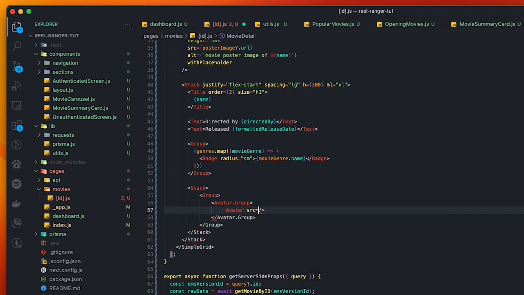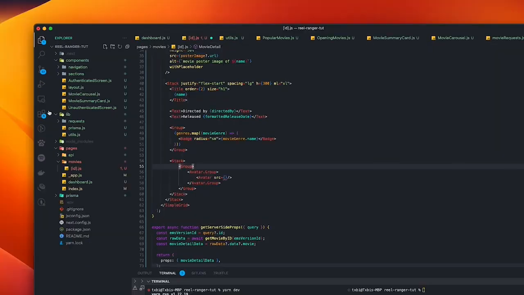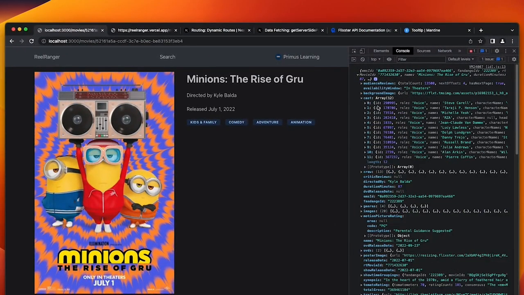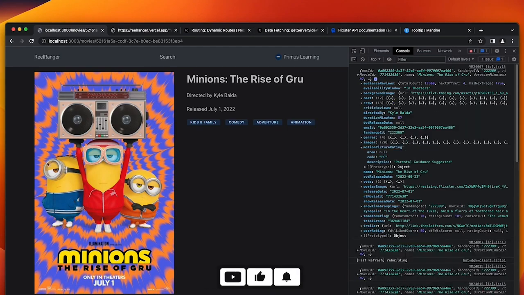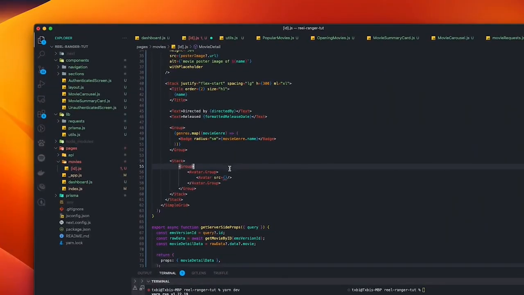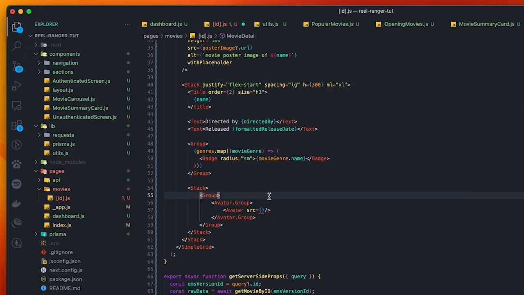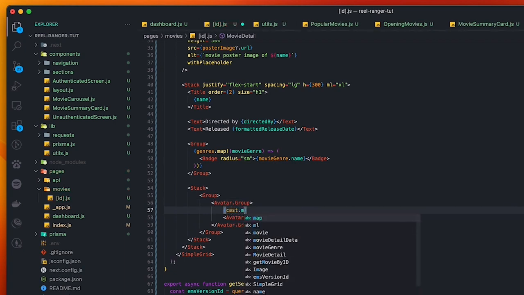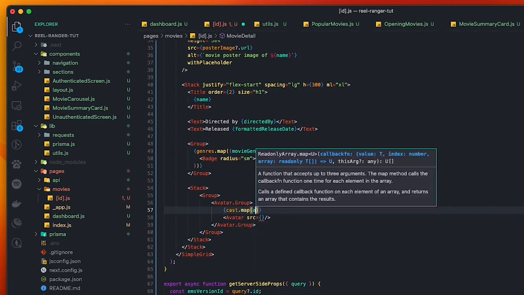Okay, we have to loop through the cast first. So I'm going to leave this empty. Heading back, we have the cast, and the cast is an array of objects of the actors. So I'm going to loop through them. Right inside the avatar group, we're going to loop through, and we would say cast.map, and every cast has an actor,